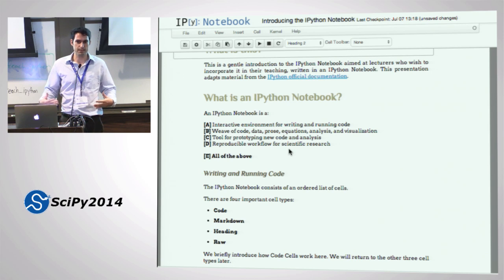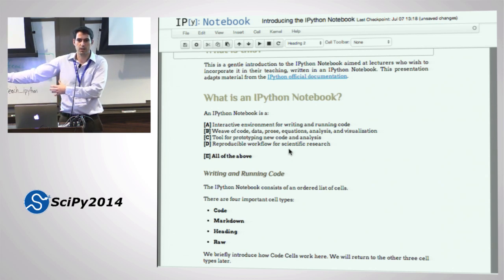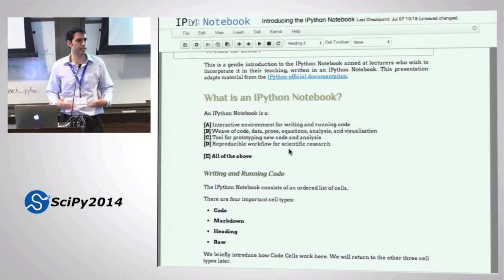But you could also think of the IPython notebook as a weave, right? And this is a weave in the sense of literate programming, where your code is here and your comments for the code are here, and some of the outputs from your code are here, and so maybe even your data is stored here, and your analysis is here. So a notebook is also, in some sense, a live paper, right? It's a manuscript that has all of the pieces of the scientific experiment encoded into it, okay?